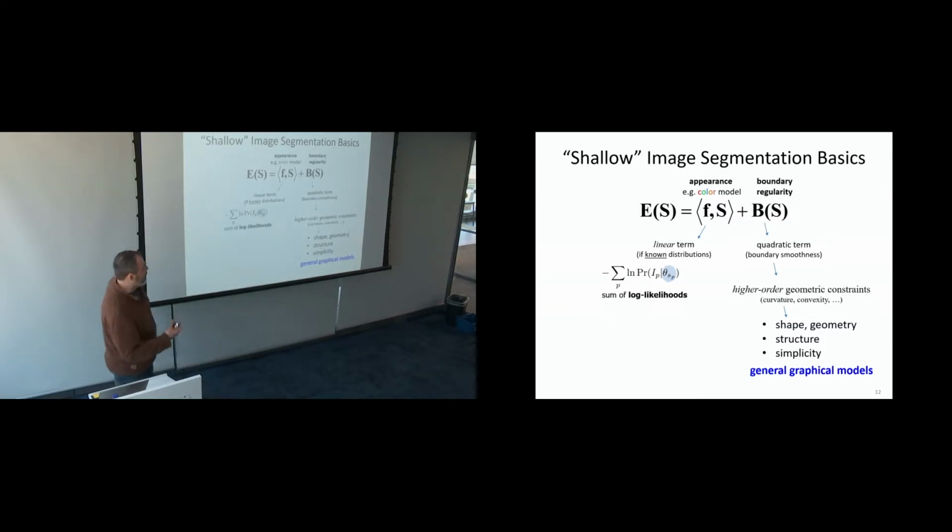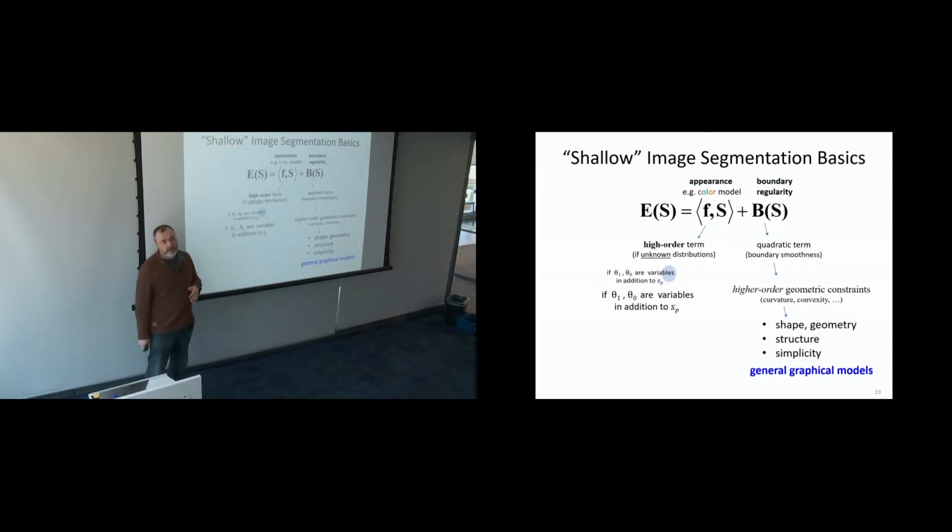I can write it down as this, and the only reason I started from log likelihood ratio was that I wanted to connect something really trivial. Also, if I wrote this and told you this is linear, you may have had more questions. I just went through more trivial phases, but this is the case where the models themselves, theta 1 and theta 0, the distributions are known. This is just a linear model.